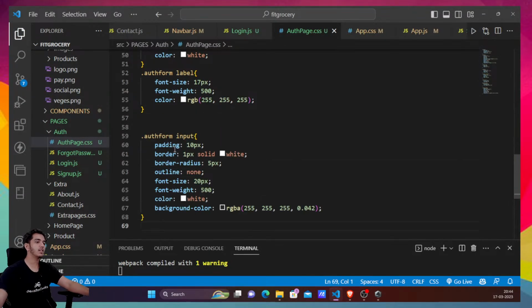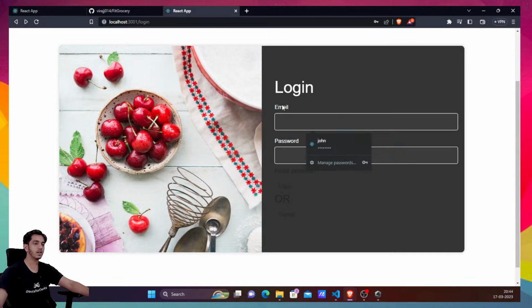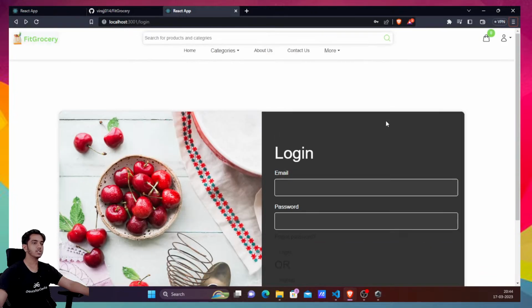My input container will actually be having some padding, some border, and you can say I have given it some border radius. And also I've removed the outline so that if I click on that input, there will be no outline, and the font size is 20, font weight is this, color is, actually, I have given this a transparent background color, which is almost black. Okay, and you can see that I have given this a color. So if I go to this, you can see that it's something like this. Okay, so after this, what else do I need is